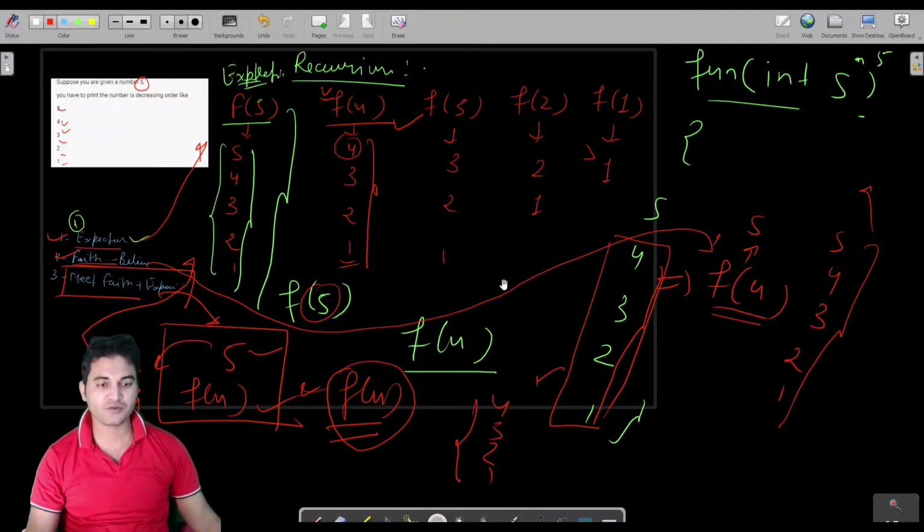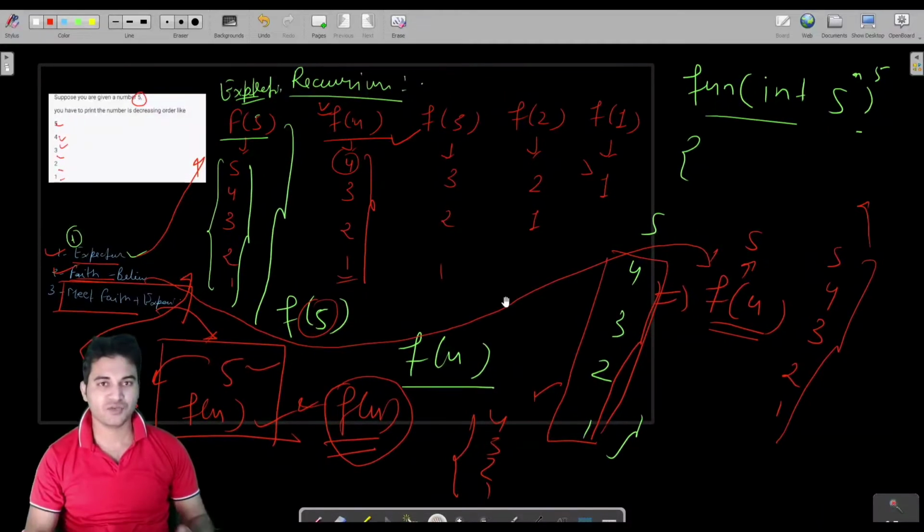If you are not able to get it, then you can reiterate this small span of this video, so that you should be able to get this point, because this faith and expectation mechanism is going to be reused in many videos and many problems. If you are not able to have faith in your smaller input, then you are not going to understand graphs. First of all, you are not going to understand trees also, because graphs are also dependent on trees.